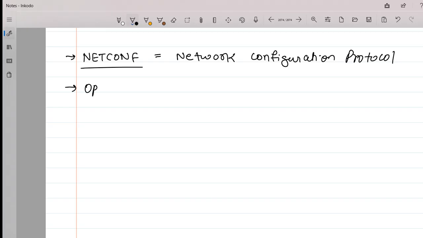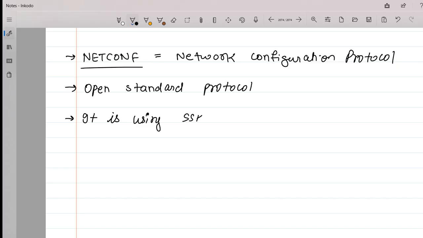Again, it is an open standard protocol, not proprietary to Cisco. It is using SSH as a transport protocol